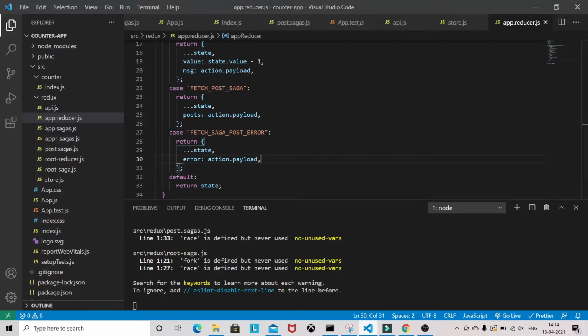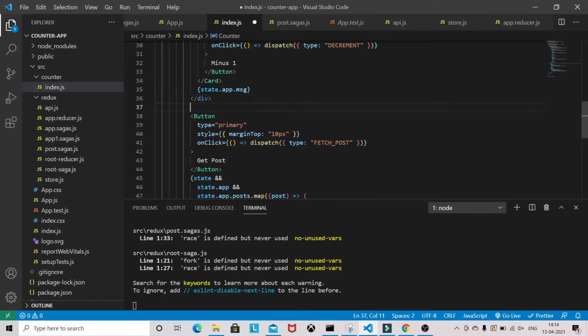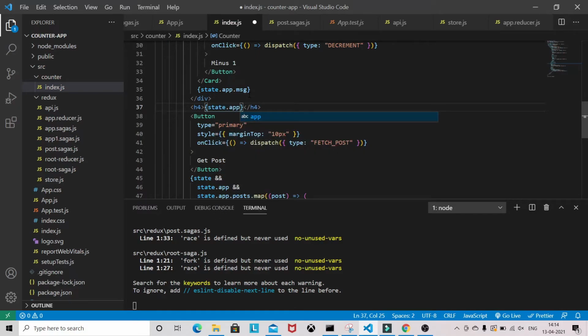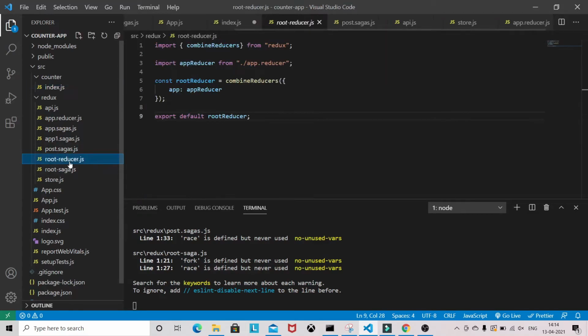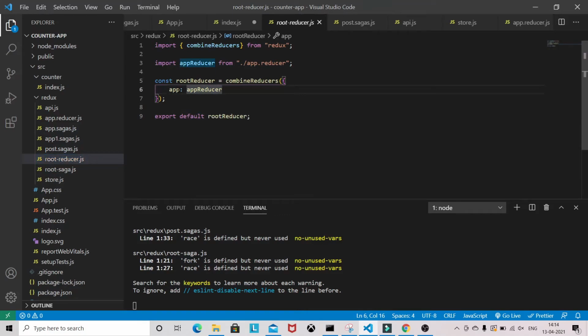Let's do it. Come to our index file in the counter, and above the button I want to show that message. Let's give it an h5 tag, and you can access state.app.error, because in the root reducer our reducer has the key app.